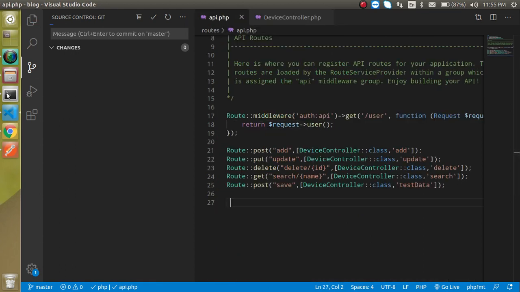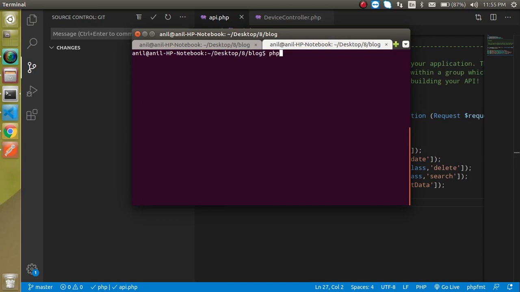First of all I am going to jump to the command line, and let's create a controller with the resource. Just write php artisan make:controller, then your controller name. Let's say my controller name is MemberController. Let me correct the spelling, MemberController, and at the last put --resource. Hit enter and your controller is created.